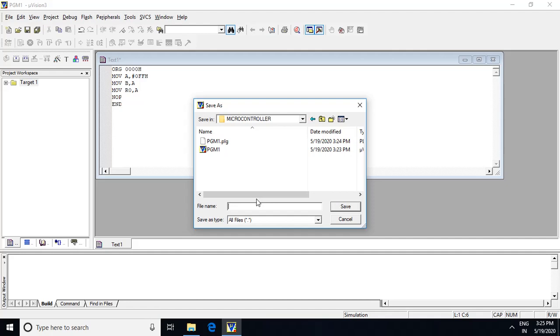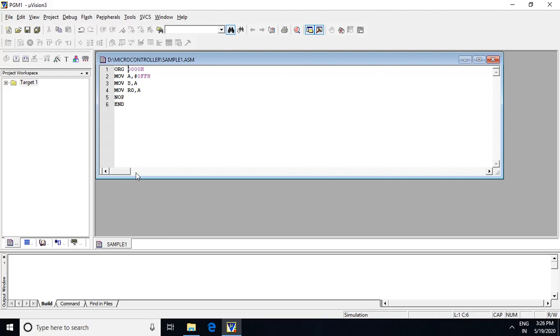I will give the file name as sample1 and an extension of .asm, indicating that it is the assembly level language program that has to be executed. So now the file name is sample1.asm. After that you need to save it.